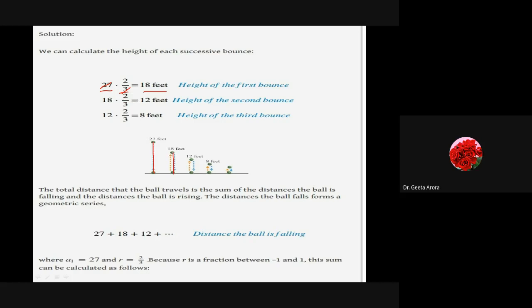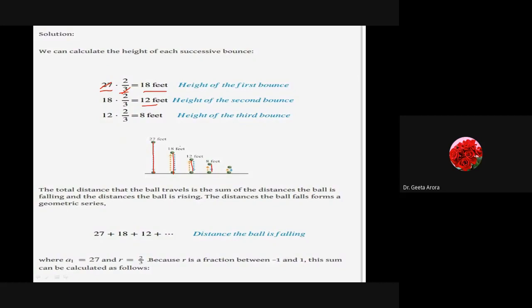It means what we are getting? We are getting a common ratio. Every time it bounces back, it is coming by a ratio of 2 by 3. So here again, we have calculated that now it will bounce to 12 feet. Here, 12 feet height is there. Again, if we take the 2 by 3 ratio along with it, 3 fours are 12 and 4 twos are 8. So it will go for 8 feet and so on.